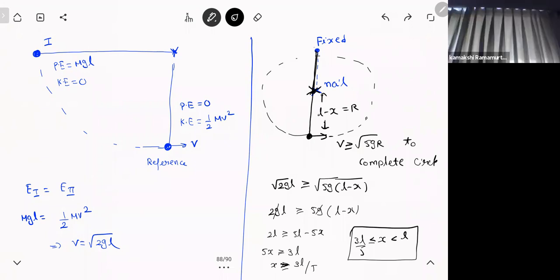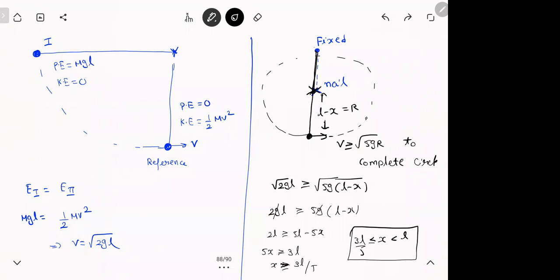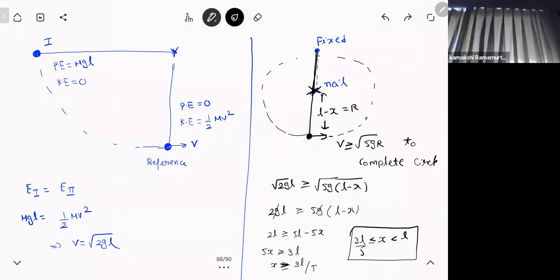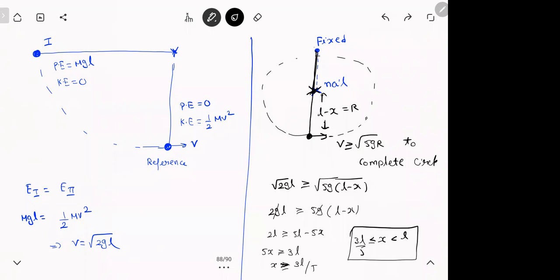So here we can directly take mgl greater than or equal to half into m into 5g(L minus x), right? Basically you're doing that only. We can do it without finding velocity. You can do that. Actually, when you say half m into root 2gl squared, you're doing that only. Yes, what you said is right. Normally, that is how you do it fast enough. But once you become comfortable with that, you can do all such things. Since I'm explaining to you guys, I'm showing you step by step how it works.